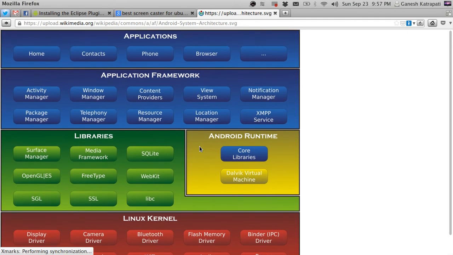It also has a lot of libraries such as WebKit, which is used to display your web pages and stuff like that. It has SSL to encrypt your underlying stuff. It has OpenGL for graphics, and many other libraries as such. It has a virtual machine called Dalvik Virtual Machine. This is a core part we will be using because all our apps have to run under the Dalvik Virtual